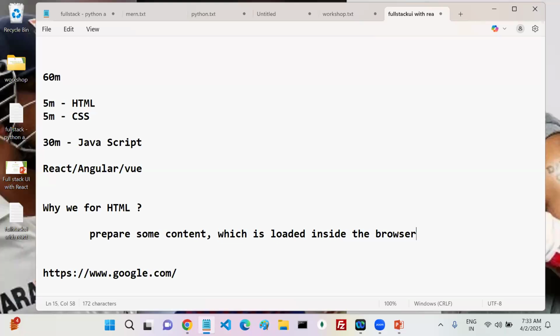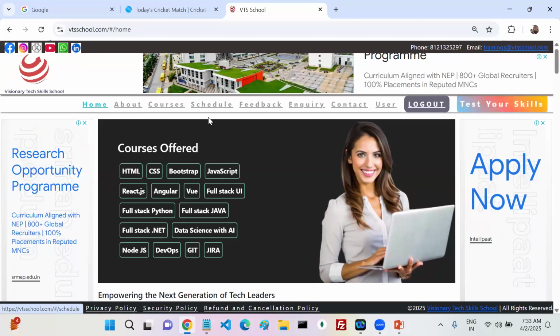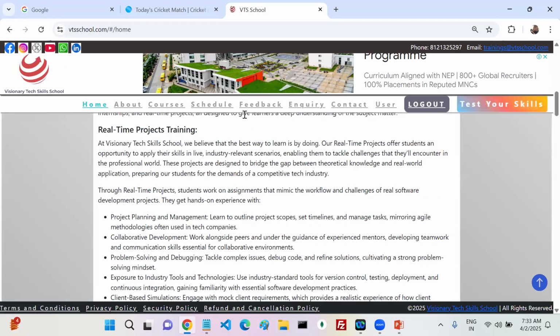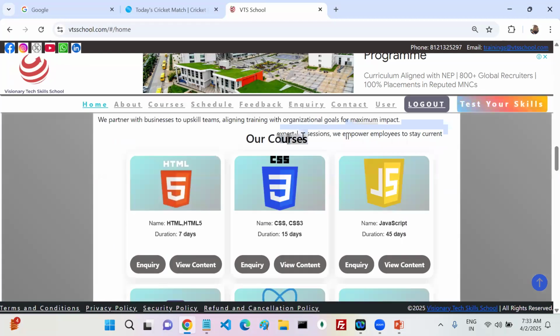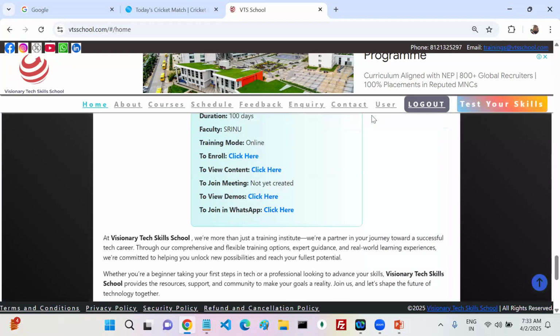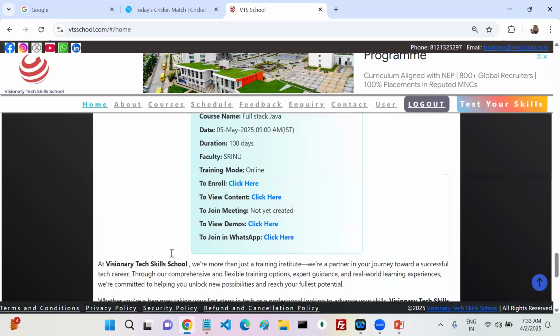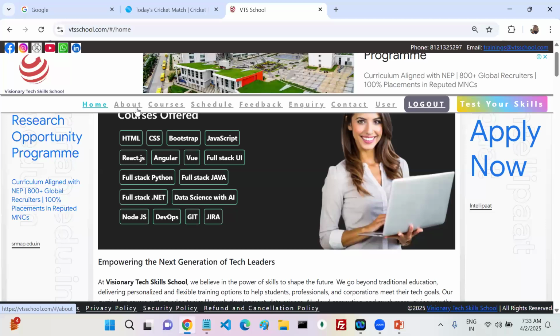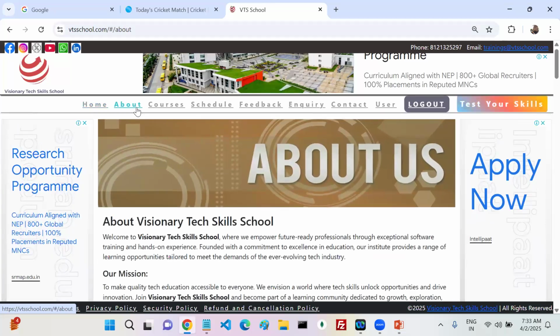Okay, next. See, there is some content loaded. If you want to give this content a look and feel, properly structured, I want to give some colors for this content. I want to give some alignments. I want to add some animations like this. See this, we are going to add some animations. There are some animations added, or not. If you want to give the content you prepared, which is loaded inside the browser, a look and feel, color wise, alignment wise, with some animations and everything,